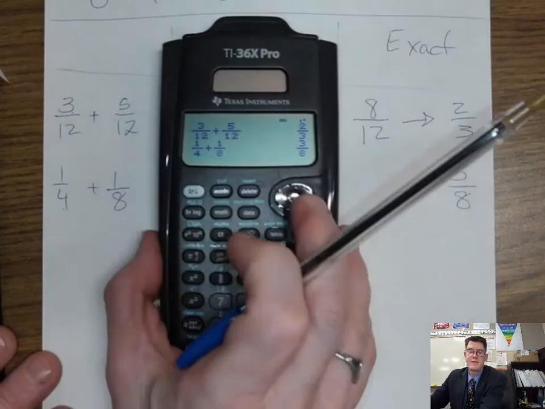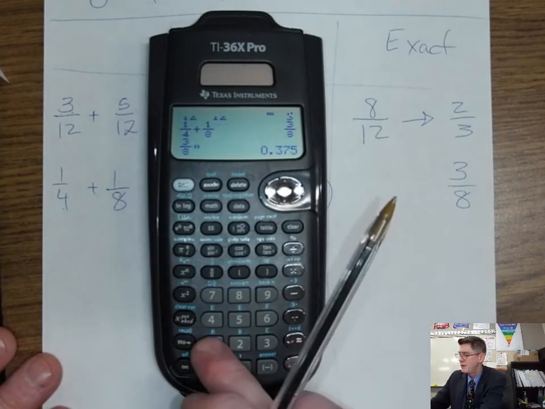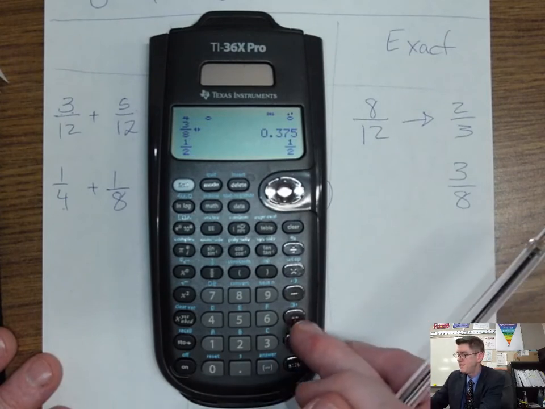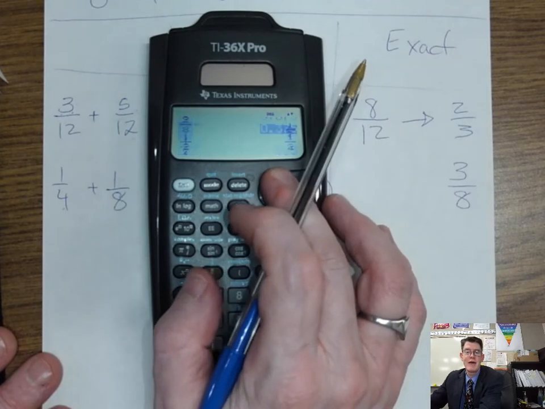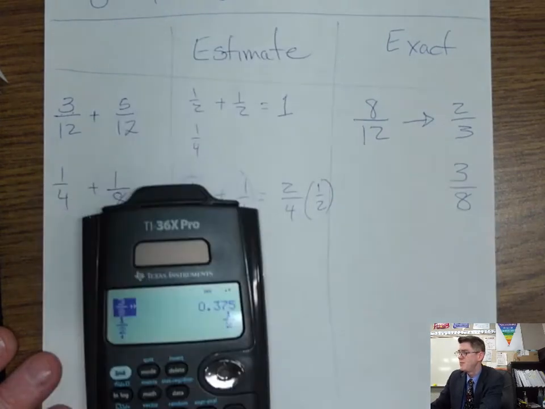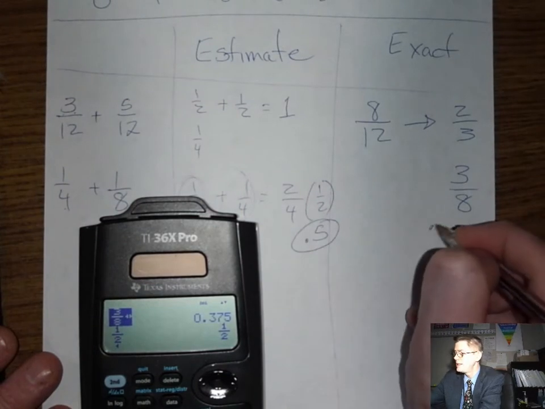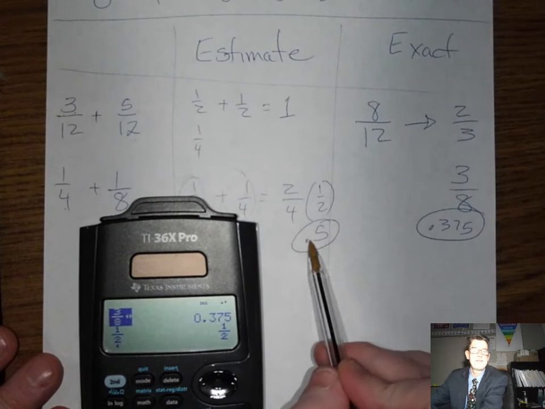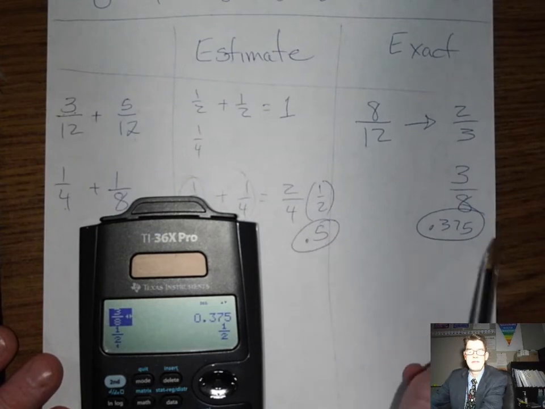And 3/8, in fact, I'll even show you 3/8 when I write it as a different number is 0.375. And 1/2 as a different number is 0.5. So you can see that 0.5 and 0.375 are pretty close together. 0.5 was my estimate, 0.375 was the actual, and you can see it's like 50 cents, like 37.5 cents, or